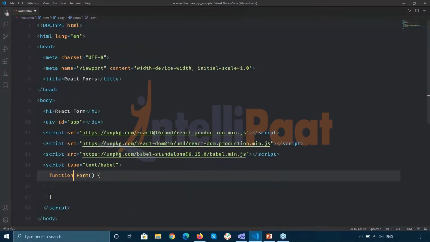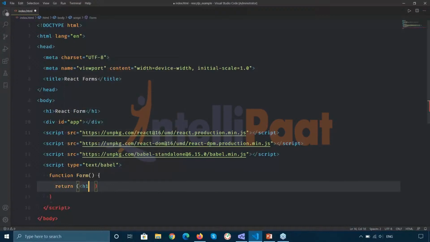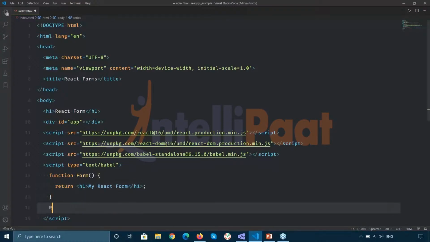Now, if I want to accept some data in the form from the user, then I could create a props object that will be passed into my function. But since I don't want anything to be exposed by the user, I'm going to do everything by myself. So just to show you how you can display a simple component, this is what it looks like. Yeah. So this is our component. I can just remove the curly braces and the syntax as well. Now all I have to do is use